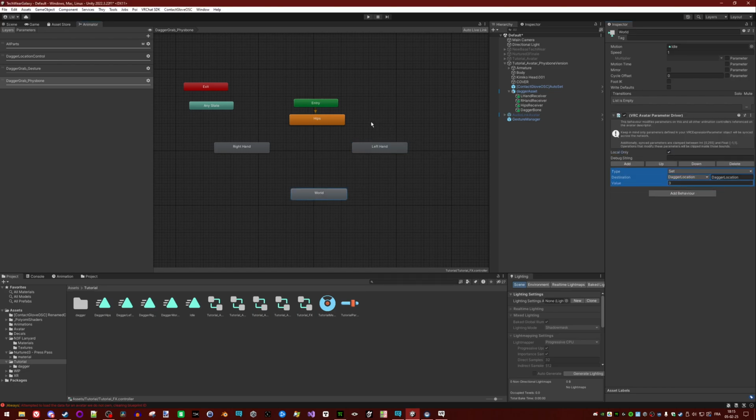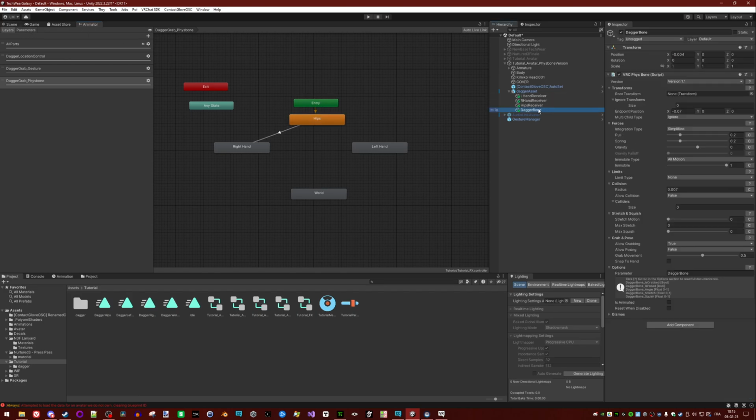So we have our avatar parameter drivers, we have our states, we just need to connect them. So let's make a transition. Here we need the new parameter, so dagger bone, the fist bone we made as a parameter name here.